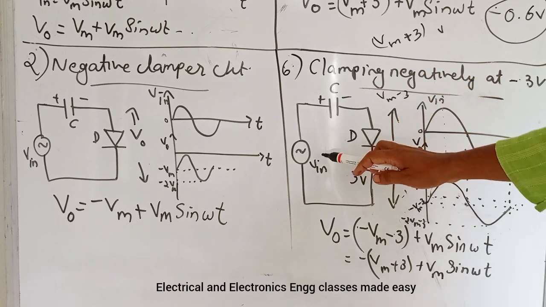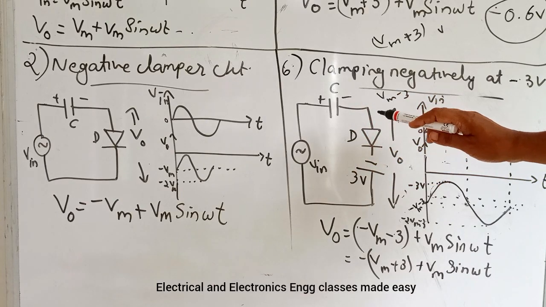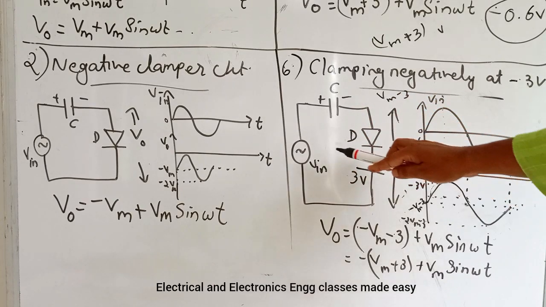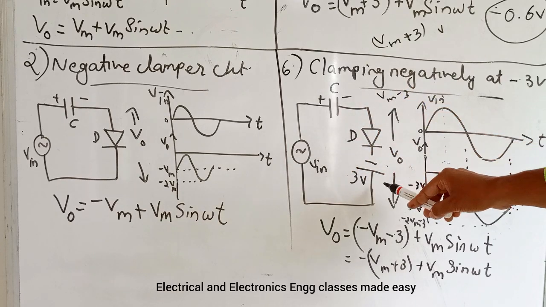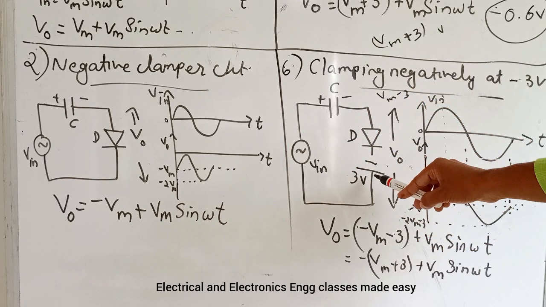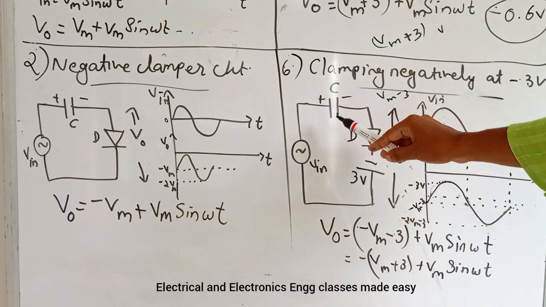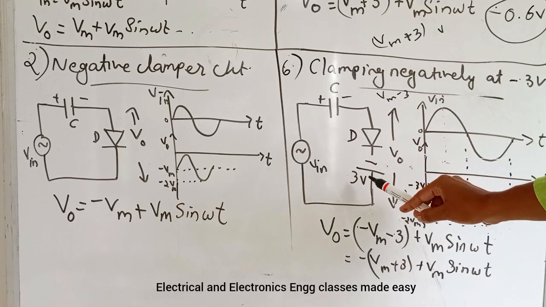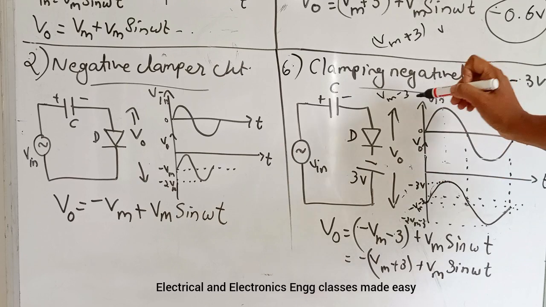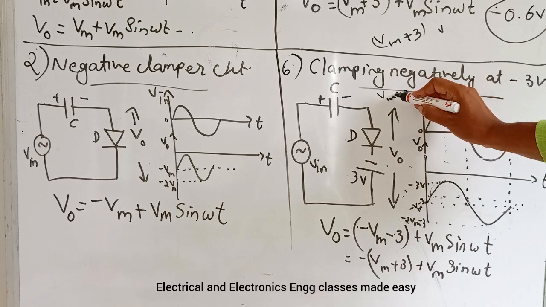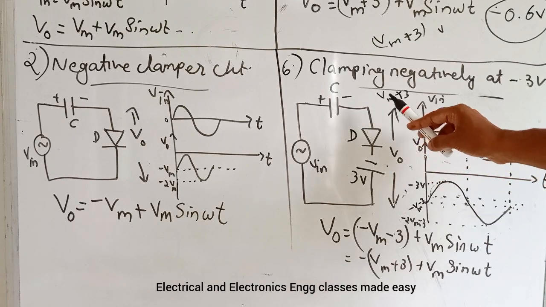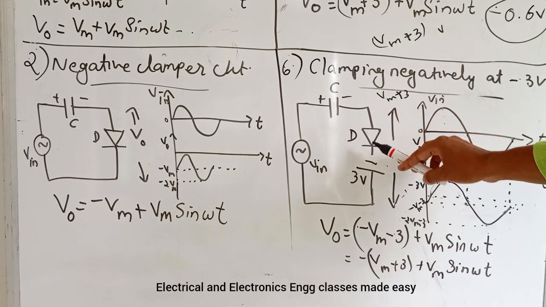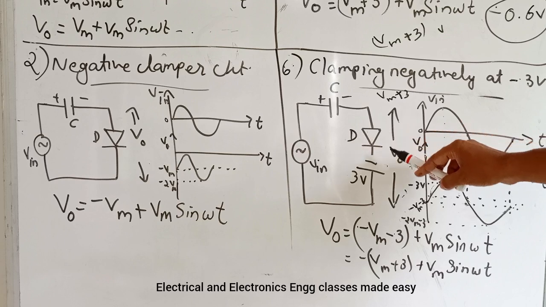So the capacitor charges to the voltage Vm plus 3, because this is minus plus, so the capacitor charges to Vm plus 3 volt, and during the negative half cycle the diode gets reverse biased, hence